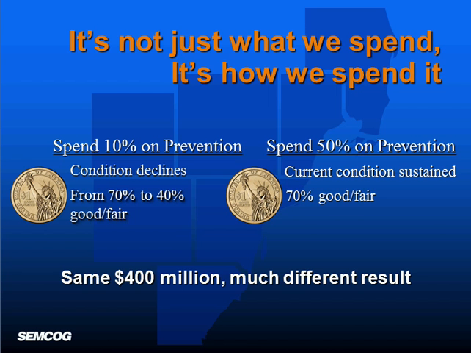If we spend 10% on prevention of a $400 million budget, we actually may see the conditions of roads deteriorating even further, from 70% good and fair to 40%. However, if we spend 50% on capital preventative maintenance, we can actually maintain what we have. And again, if we spend even more on capital preventative maintenance, the percent of good and fair roads would actually